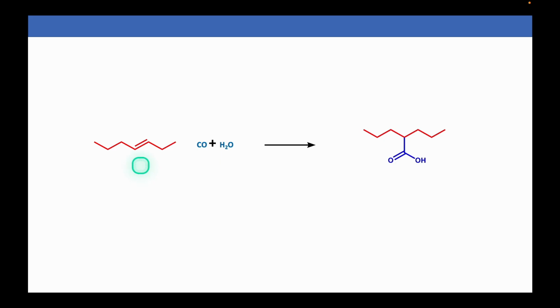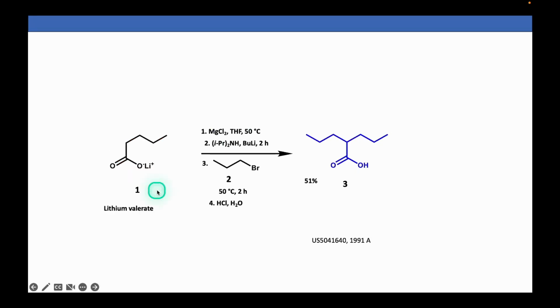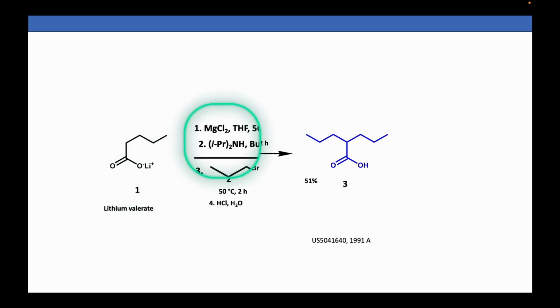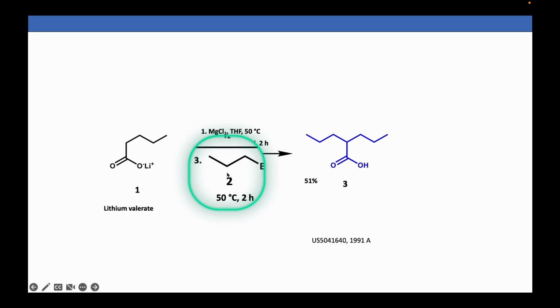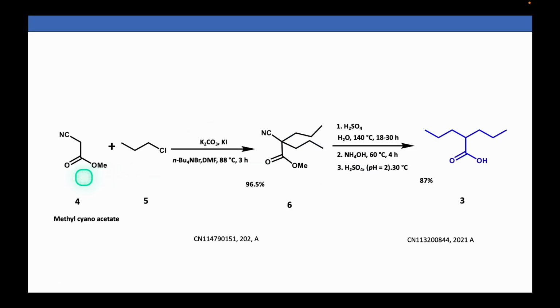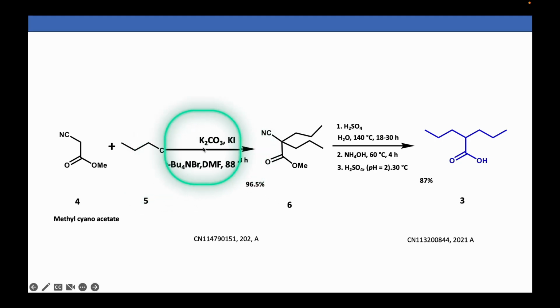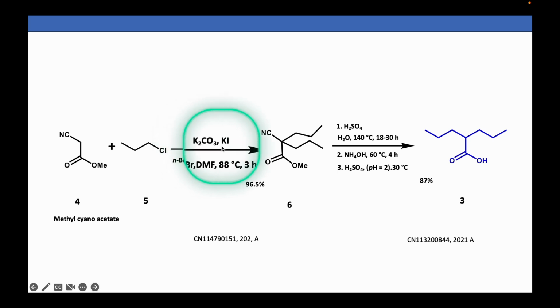Lithium valerate, when treated with magnesium chloride, exchanges lithium for magnesium, and then it will react with LDA formed in situ to generate the anion at carbon-2, which is then alkylated with propyl bromide to obtain valproic acid with 51% overall yield. Methyl cyanoacetate reacts with propyl chloride in the presence of potassium carbonate, potassium iodide, and phase transfer agents,